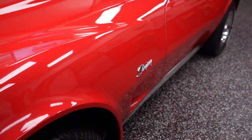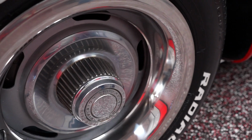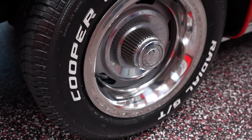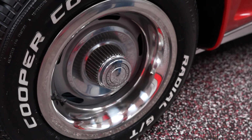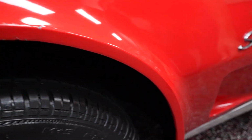You can see your center caps, beauty rings, wheels all in good condition. Raised white letter Coopers are brand new. We put those on the car. The paint quality on the front fender, other than that crack I showed you, and there's a little chip like